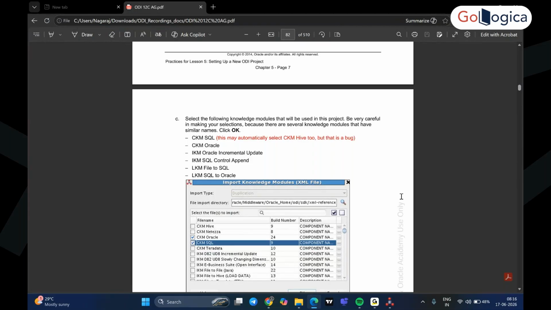For example, the LKM: which knowledge module is it trying to use? LKM File to SQL. That means they are not using the SQL loader functionality; the generic one is being taken. And LKM SQL to Oracle, again the generic one they are using. Because you go to the ODI Studio,